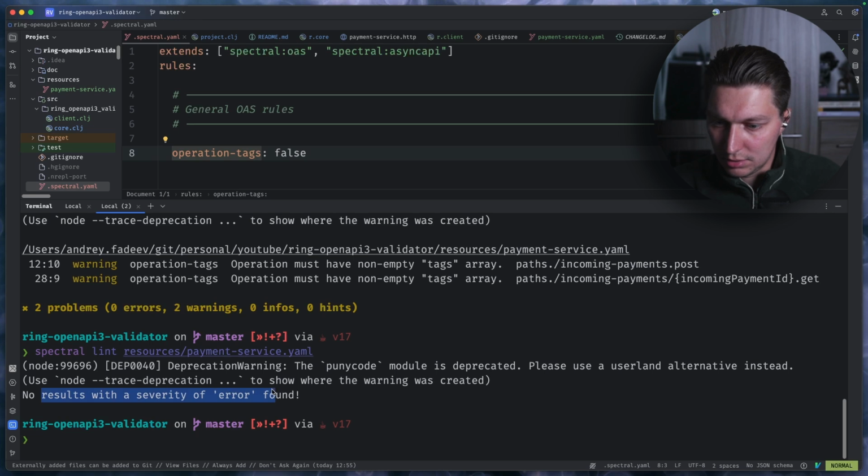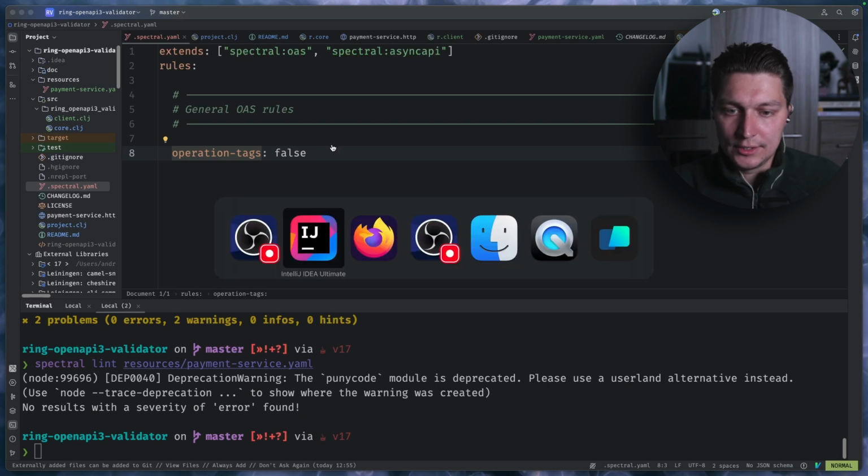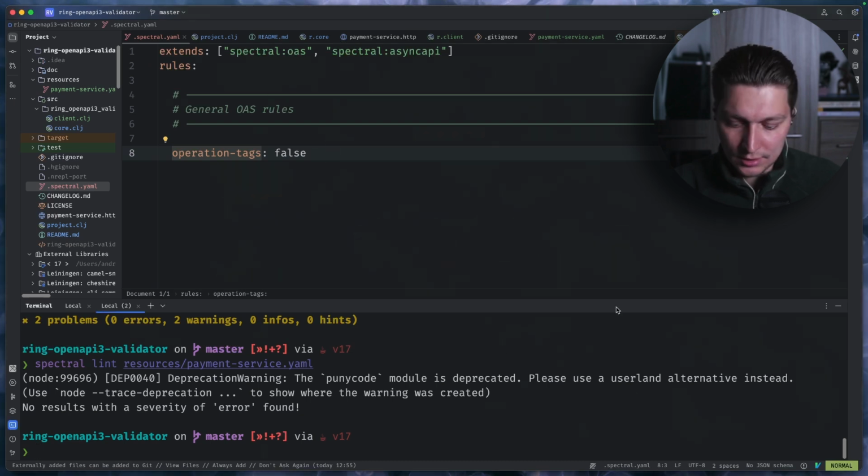Yeah, and now no results with error found. So it basically means that our linting tool is happy now, which is good. And the last one is, as I said, the